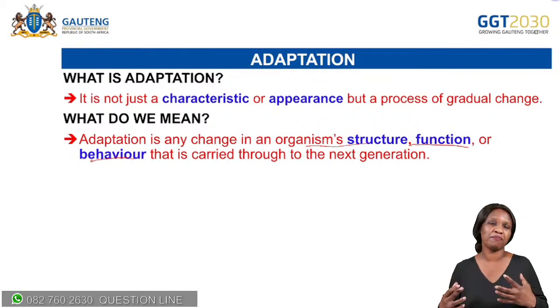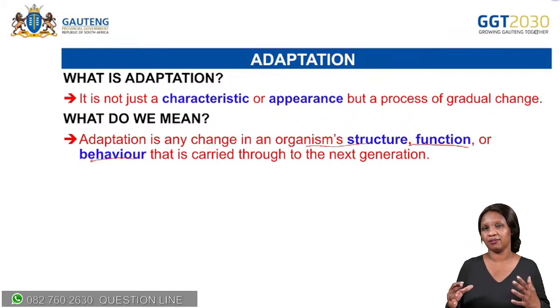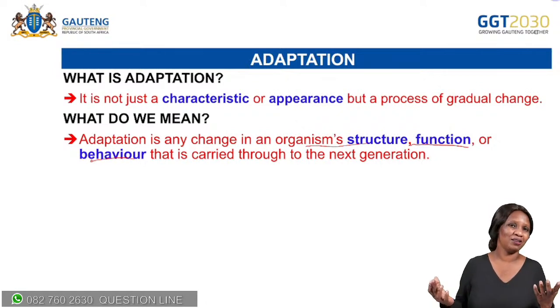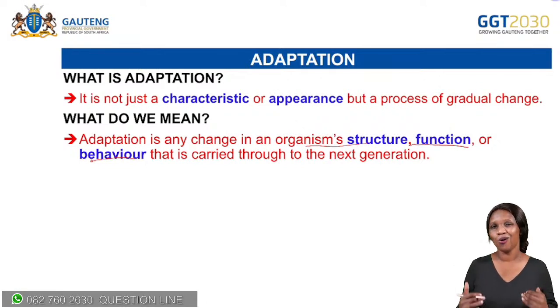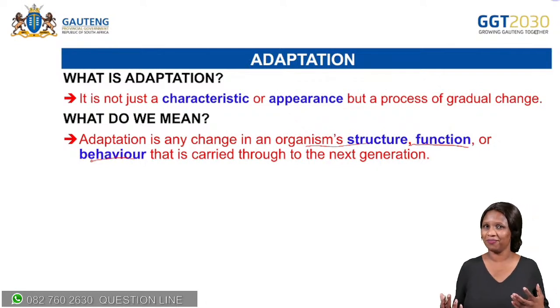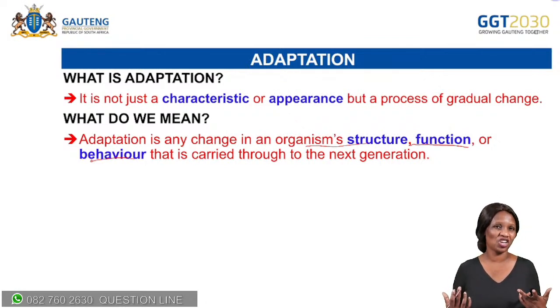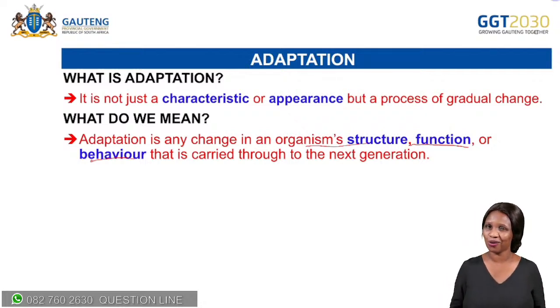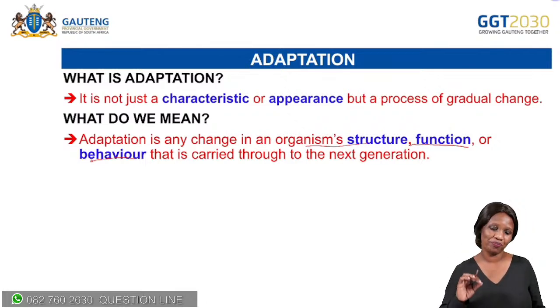If we say it's learned behavior, for example, let's take predators, cheetahs, or even tigers. When they hunt, they also teach their young ones to hunt. But how do they teach them? They don't talk like you and me, because we can teach each other, because we can understand each other. But the animals can also understand each other. How? The bigger animals will teach the young animals how to hunt.